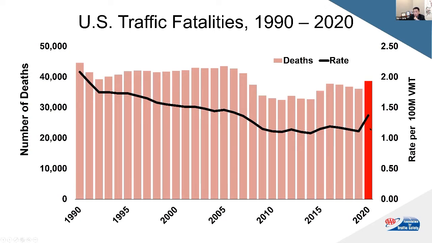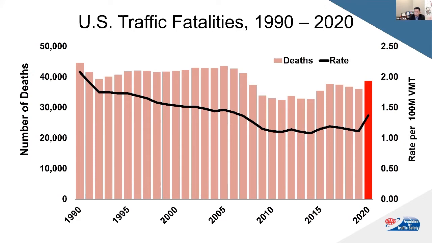What's even more concerning is the rate of fatality, which is over 100 million vehicle miles traveled. Compared to 2019 and a few prior years, the rate increased by 20% from 2019 to 2020,